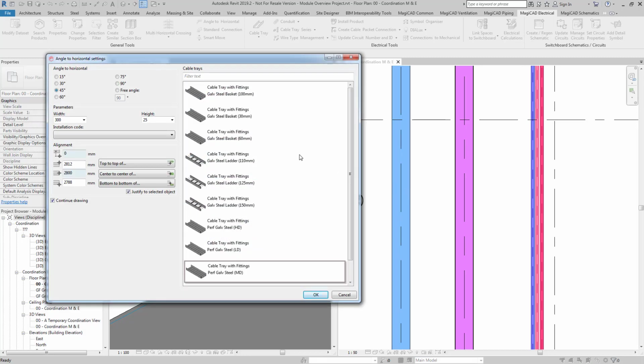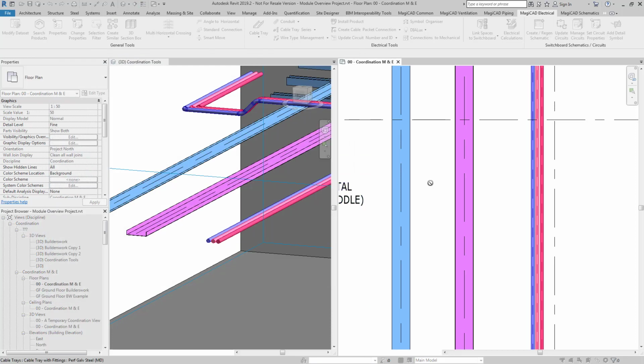So here we can see we have the angle to horizontal tool, and in this case you can choose the angle that you want to use to adjust your cable tray, and then here you can set the offset. So in this case we're going to use 150mm tolerance, and then we're going to use the coordination tools that we have here to coordinate this with the other object. So in this case we're going to go underneath the cable tray to the right of this one,